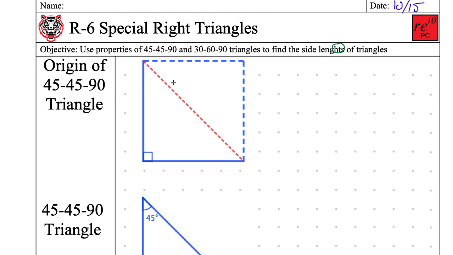So the 45-45-90 comes from a square. This used to be a 90-degree angle, but if I bisect that, if I cut it in half, then it turns into a, shout it out,